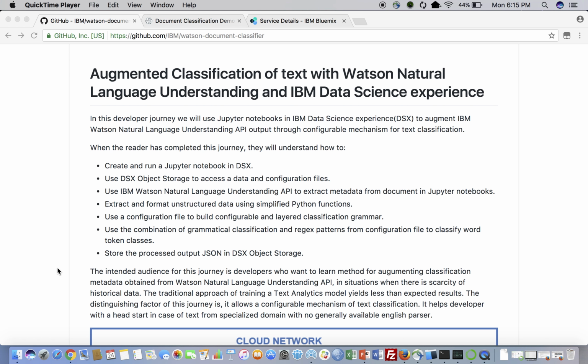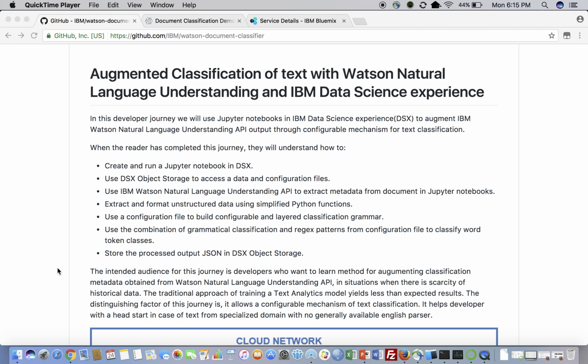This helps the developer in situations where the traditional approach of training a text analytics model doesn't yield expected results, and there is lack of enough data to train the text analytics model. It gives the developers a head start